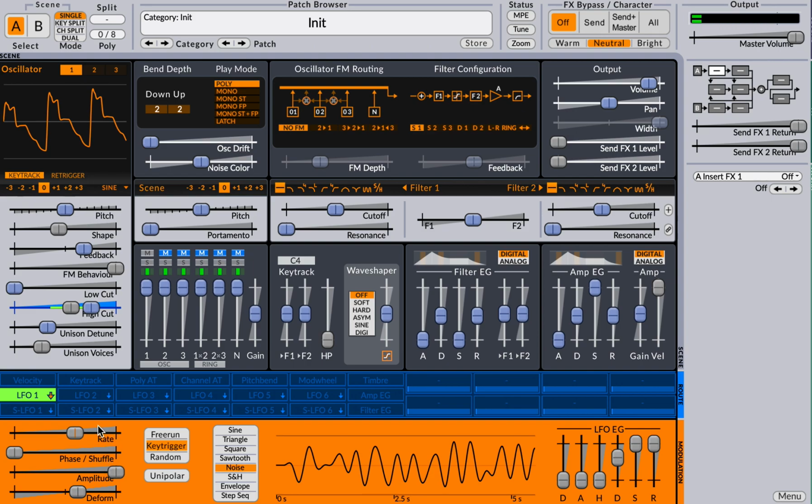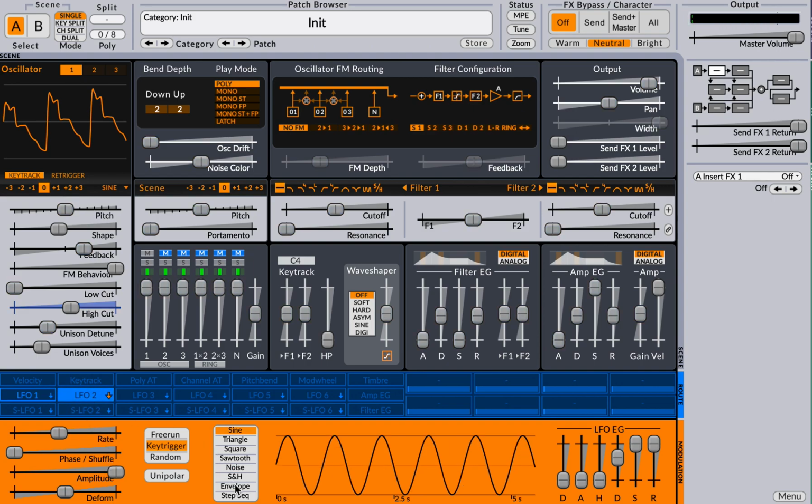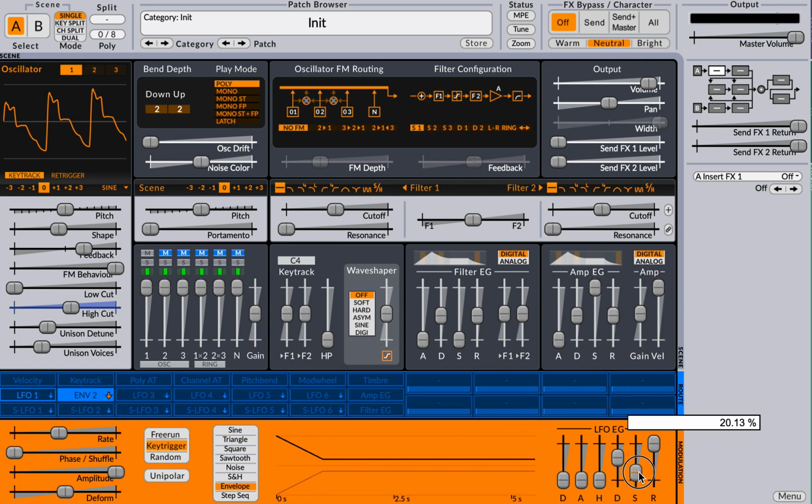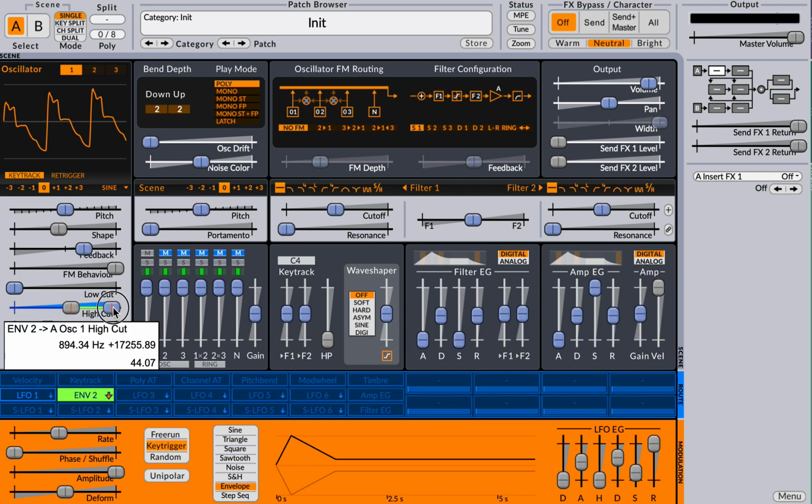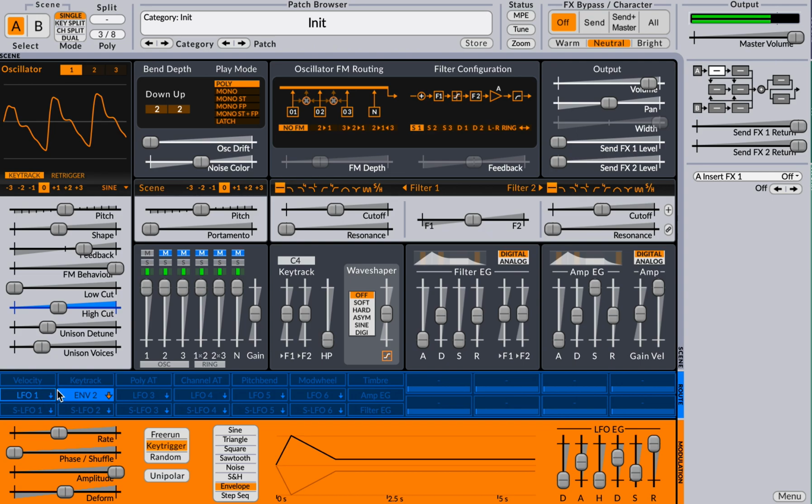Great. Now, what I'm going to do is I'll grab another one of these. I'll make this an envelope. And let me see. Let me make it an envelope that looks roughly like this. And I can attach that envelope to a big sweep. Cool. And let me take the bass level down. And if I then go and modify the attack here,